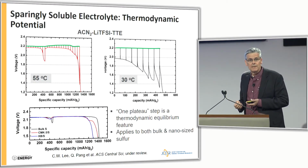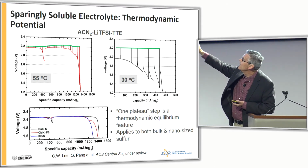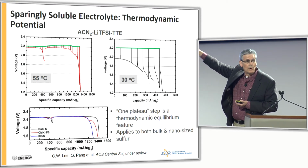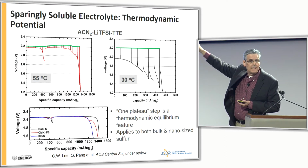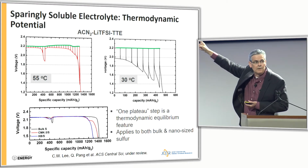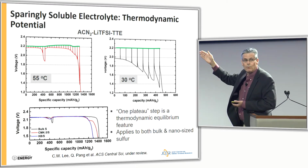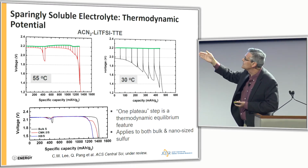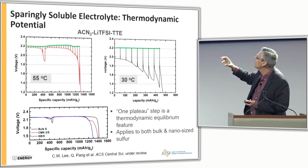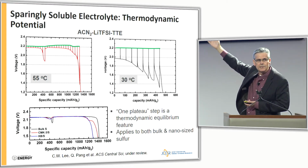Galvanostatic interrupt experiments tell us something about equilibrium potentials. So the key takeaway here is that in the green trace line at 55 degrees, you'll readily notice that we're starting at 2.2 volt. You'll notice that we don't see the dip relationship, so that's clearly kinetic, not thermodynamic. And then we come up to a higher potential in this mid-range, right? So we're doing 2 discrete reactions. The first is, I'll demonstrate to you, what we refer to as a solid state reaction. The second is solution redox mediated. 30 degrees, the exact same potential is seen, right, at the early stages when you slow this down